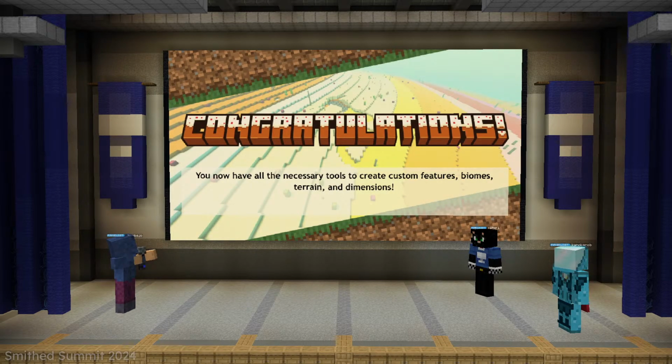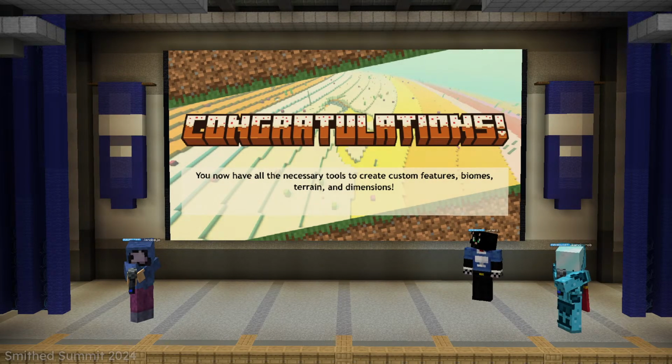So, yeah, that's it, basically. And with that, congratulations. You now, in theory, have all of the tools and information you need to be able to make your own world gen pack and your own custom dimension, terrain, biomes. Obviously, though,